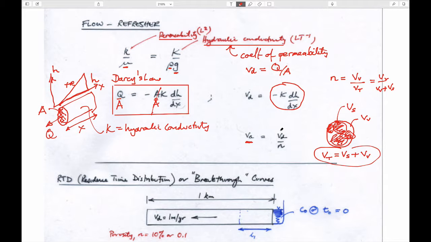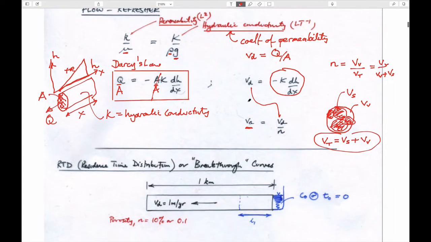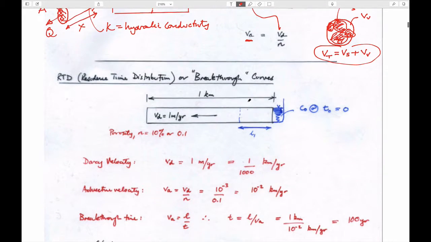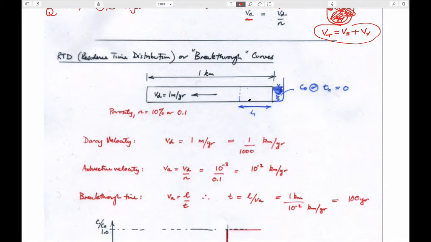So if you divide the Darcy velocity here by the porosity, then say 10% of this space is open and 90% is closed, that means the actual velocity the water is flowing at, the particle of water or contaminants being carried downstream, would be traveling 10 times faster than the Darcy velocity. And that's important because, for instance, if we wanted to calculate how quickly stuff would travel